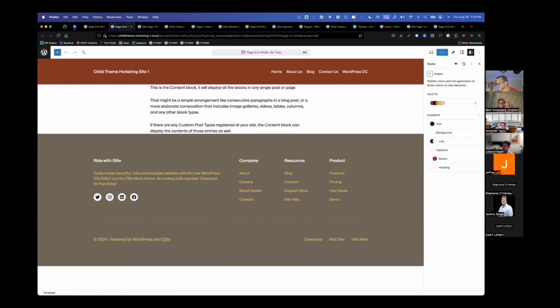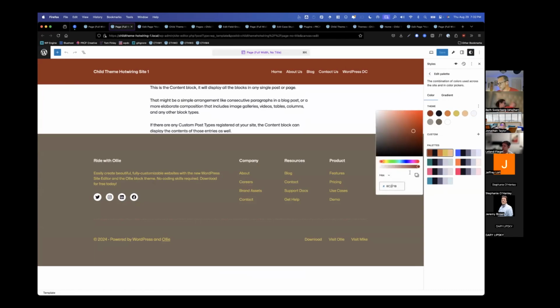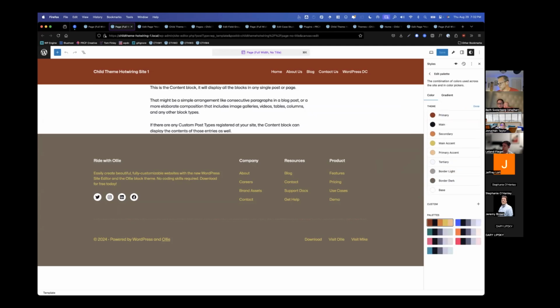With my colors, instead of using the palette variations that Ollie supplies, I've gone in and altered every single one of these color tokens to be custom. And I'll switch that over to list view and you can see all of those there. Now, that's all in the database. And what I have to do if I want to take this anywhere is convert all of those changes to code. And there's a plugin called Create Block Theme